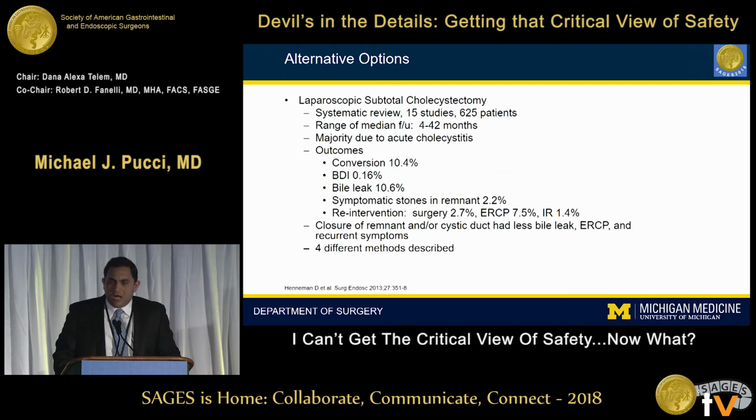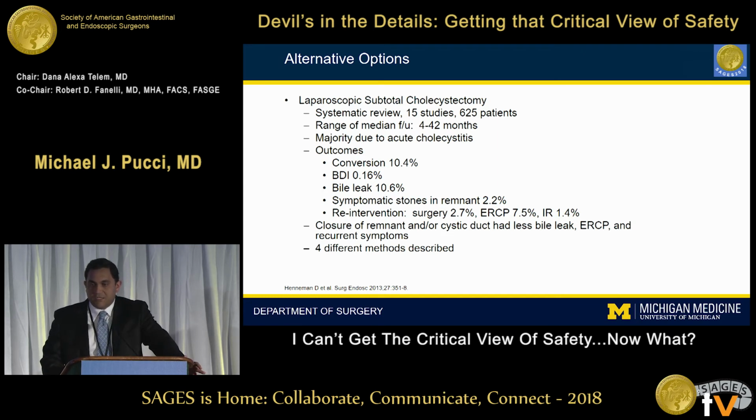So there's a couple meta-analyses that I'll review quickly. The first was by Henneman, 15 studies, 600 patients, median follow-up up to 42 months, mostly for acute cholecystitis. They had a 10% rate of conversion and bile leak. Their bile duct injury rate was 0.16%. Symptomatic stones in about 2% of patients, but due to their follow-up, that may be an underestimate, and a relatively